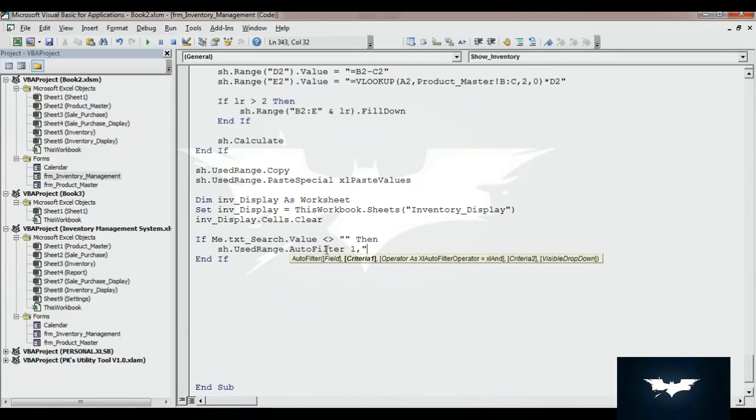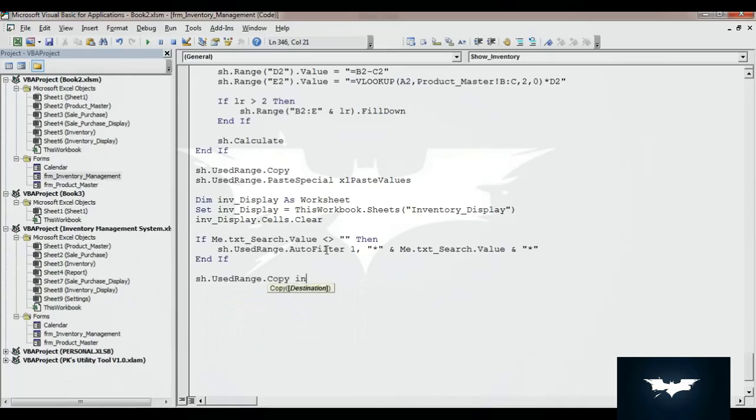So I'll use the star sign here, and then I will take me dot txtSearch dot value, then I will take again a star sign. Alright, so it will filter the data as contains. For the notepad, if you type only note, then still it will pick up notepad there. Now what I will do, I'll use sh.usedRange.copy and I will paste this to the inventory display dot range a1.